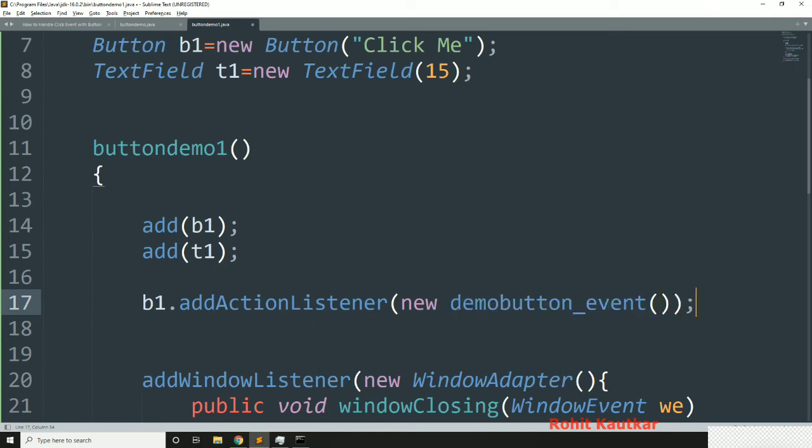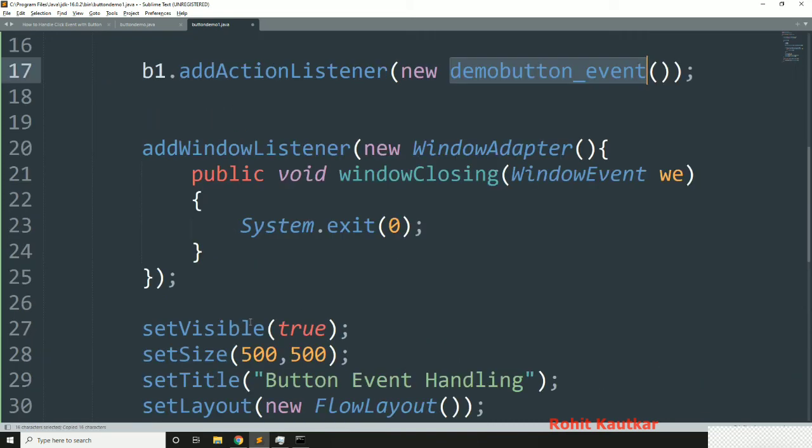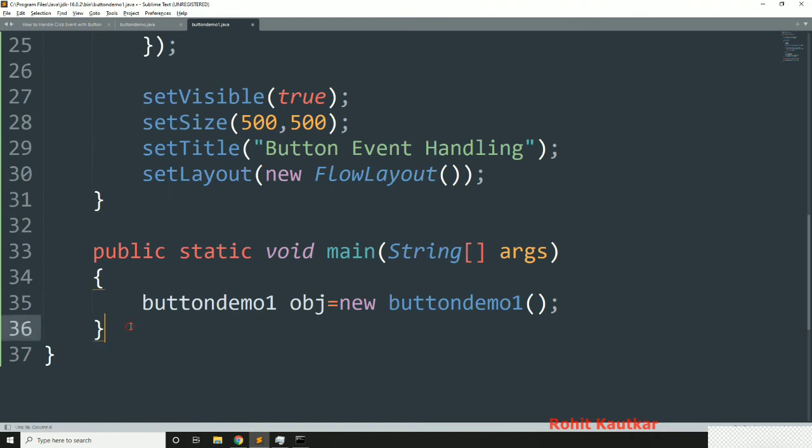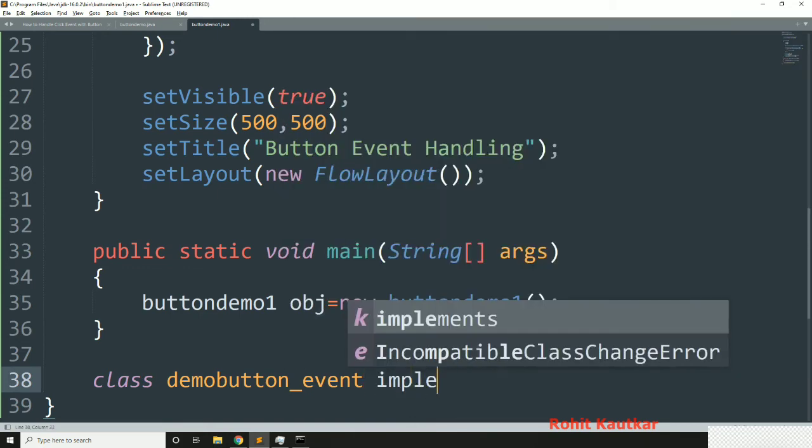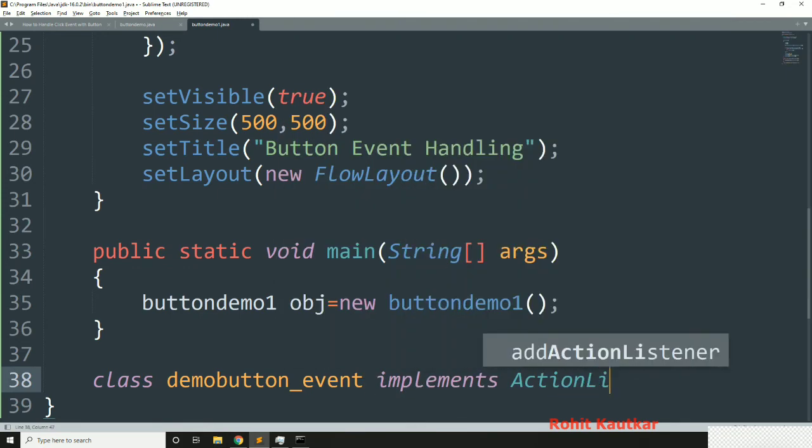Okay, any class name you can specify. Now I will implement this class. So here I will write class DemoButtonEvent. Now here we will implement the ActionListener. Let's say ActionListener.